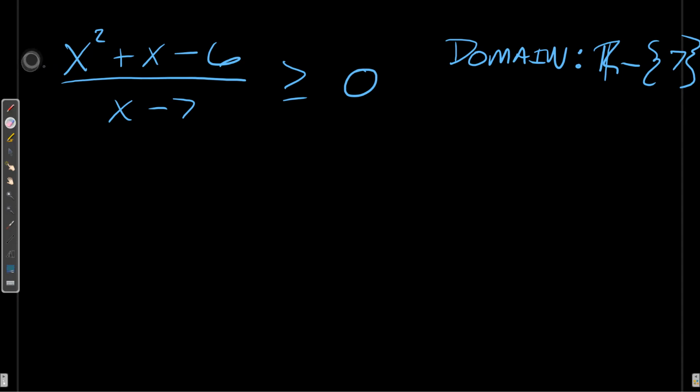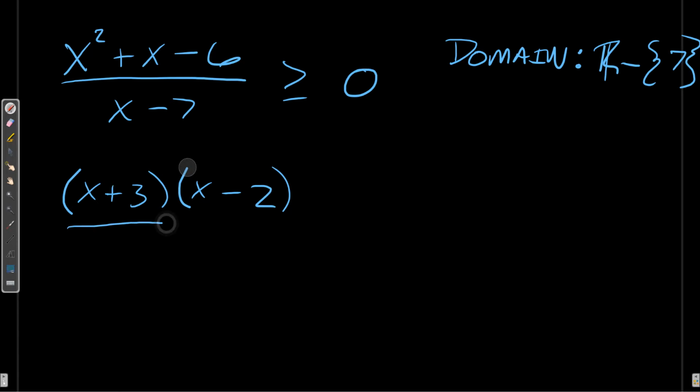Let me now factor this numerator. So that numerator factors, let's see, into x plus 3 and x minus 2. Now, for a rational expression to be equal to 0, it only takes its numerator to be equal to 0. So, really, I'm just wanting to know